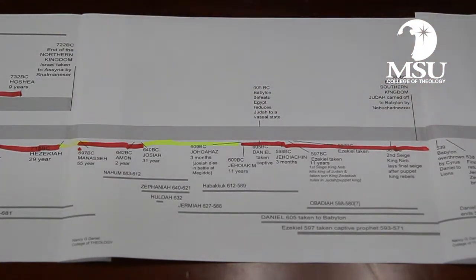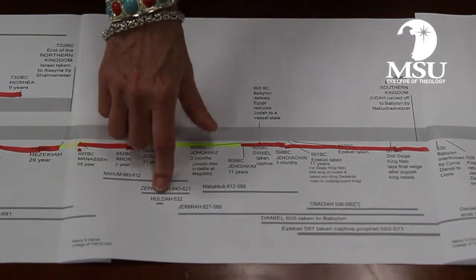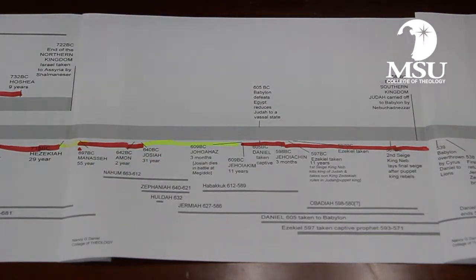Now, Josiah is so excited about this, because Josiah is like, I'm getting everything turned around, and Huldah, the prophetess, steps up. She comes up and she says, too little, too late, so sad. Doesn't matter what you do, it's over. The country's gone, and you can't do anything about it.